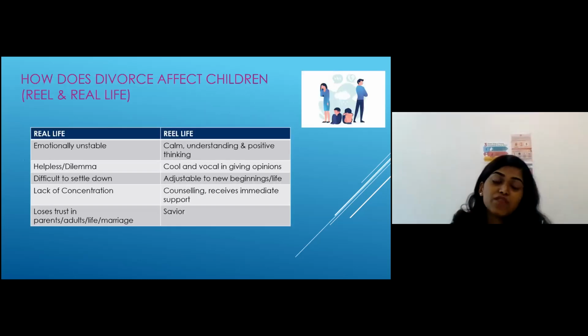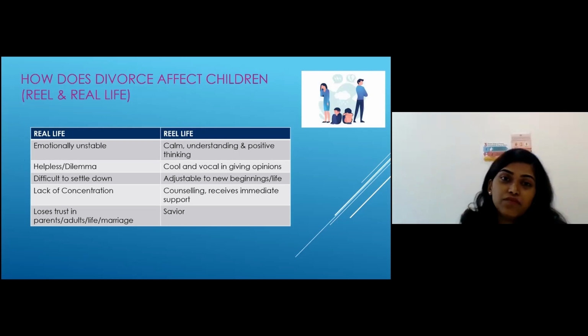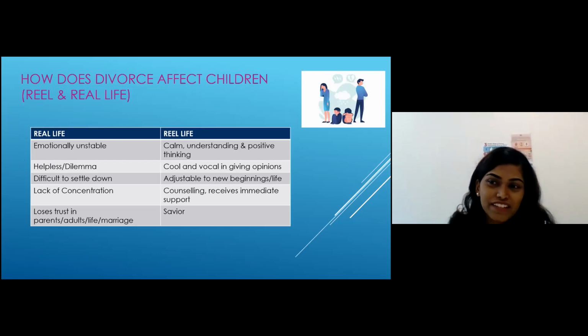Now coming to the second part of this session: how does divorce actually affect children in reel life and real life? When we see movies, the kids are very happy, very positive, very calm whenever one of the parents says, okay, this weekend you'll be staying at your mom's place, so pack your clothes. The child is very happy and understanding, and can adjust to their timing and their living